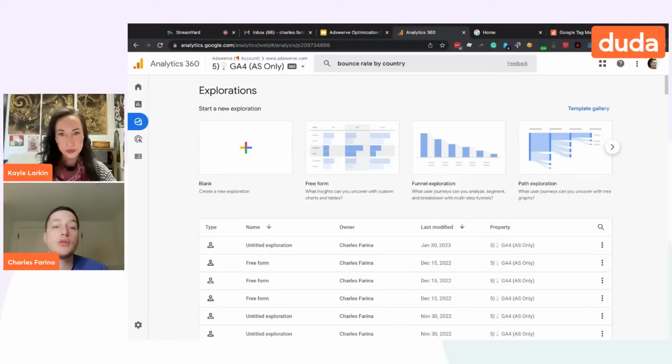Yes. So explore is actually something that used to only be in Google Analytics 360, which was the paid enterprise version of Google Analytics that would cost you about 150,000 US dollars per year. So unless you had that kind of money, you didn't have access in Google Analytics previously to certain reports like funnels. Only the enterprise version of Google Analytics had funnels. And I think we could all agree that funnels is pretty important, right?